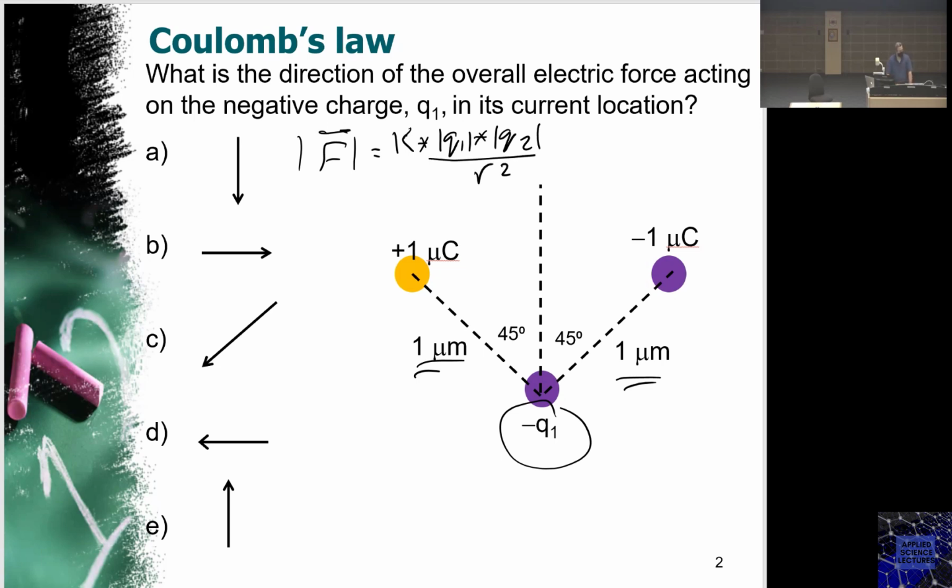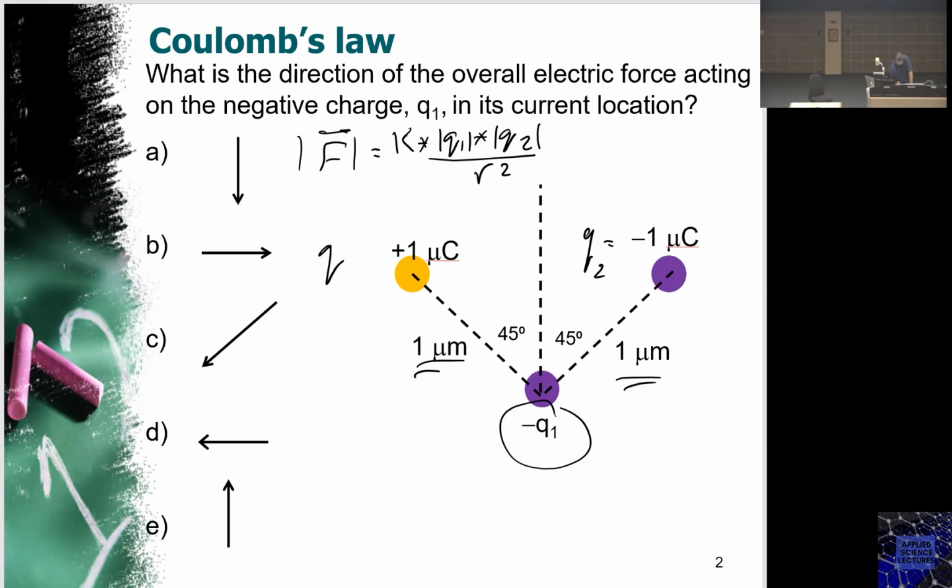So in this case, the magnitude is the same, because I am evaluating the force on this minus Q1. And in this case, the minus 1 microcoulomb magnitude would be the same as the positive 1 microcoulomb. And if I am to call this one Q1 and this one here, let me call this one Q3,